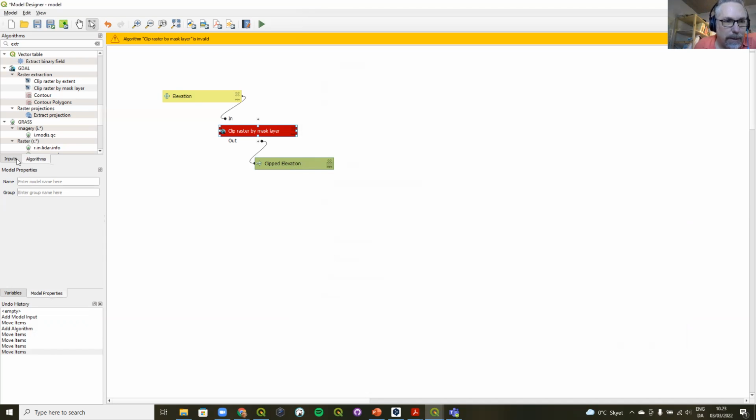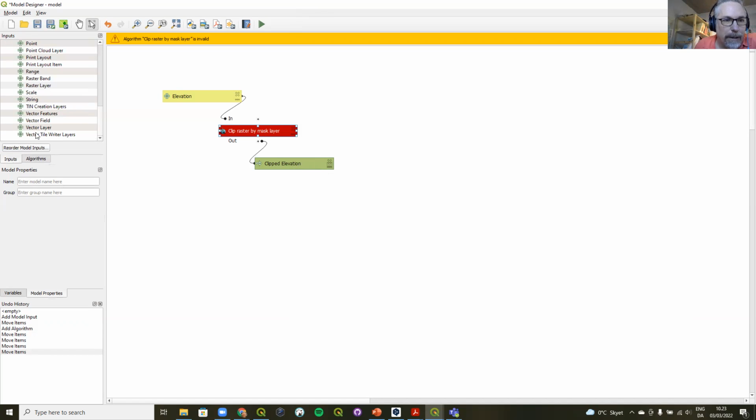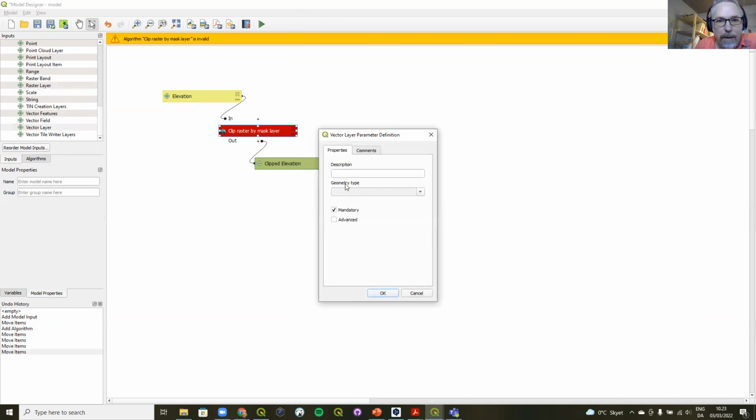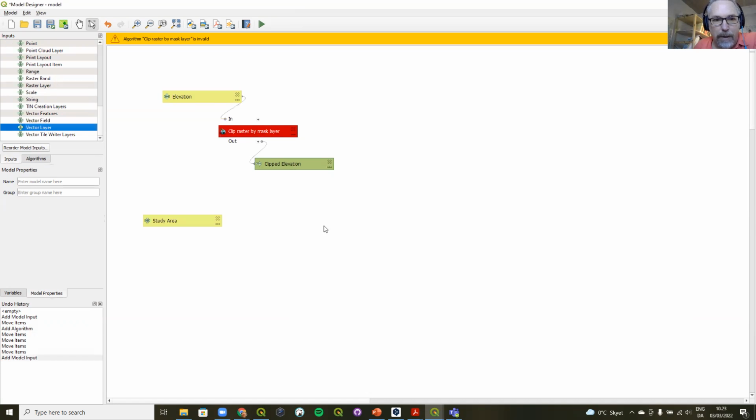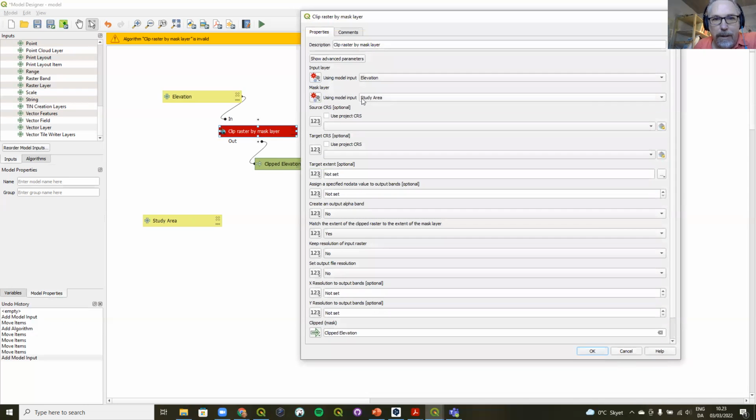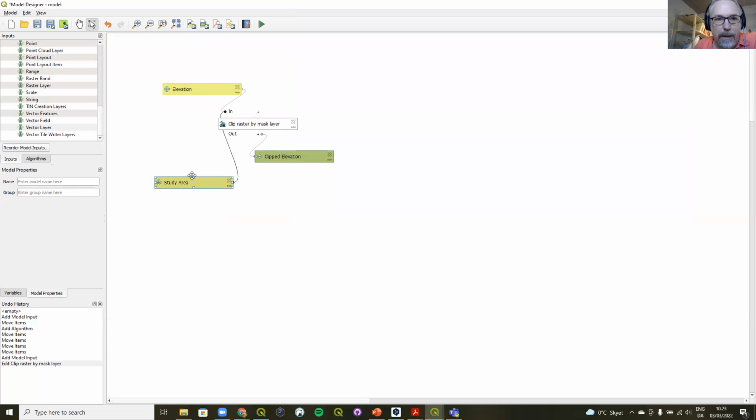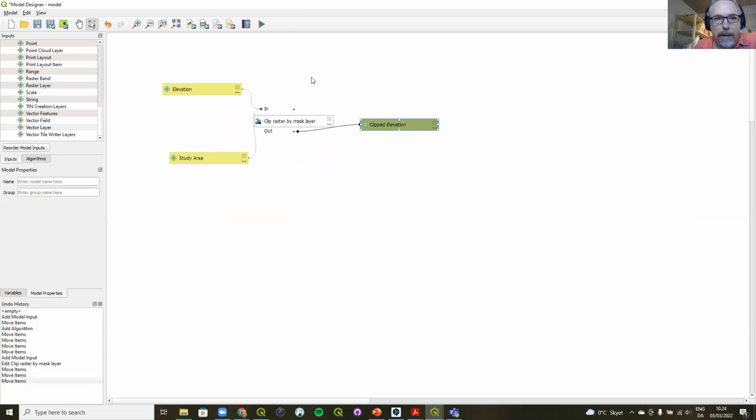So for this example, I would need another input like a vector layer, and make this geometry type polygon. Click OK. And I'll go back in here and say that the model input is study area. I think that should be enough. Yeah. So we have our two inputs in the clip and then the output. And so then if I save this, I could